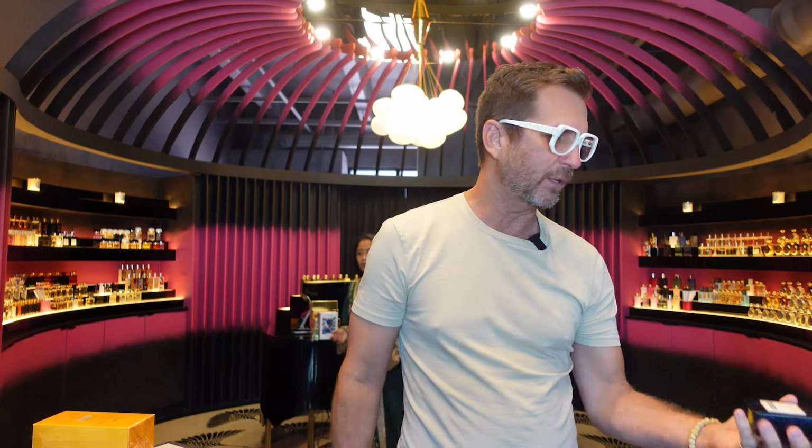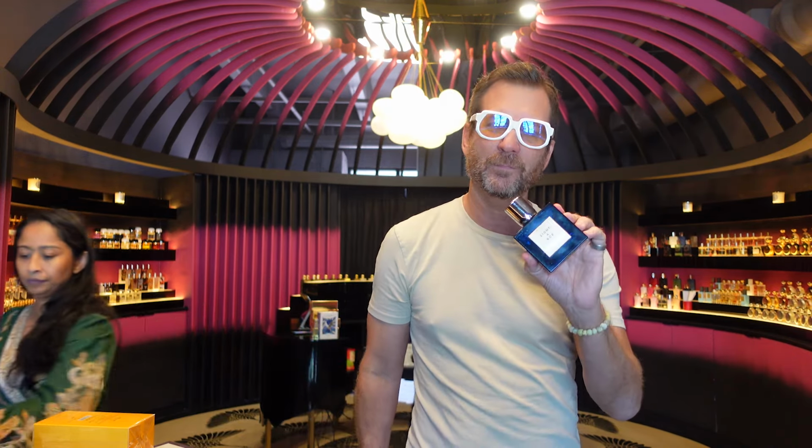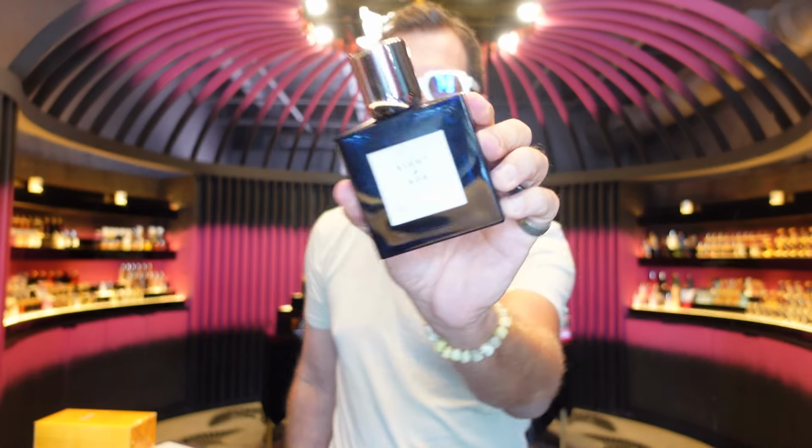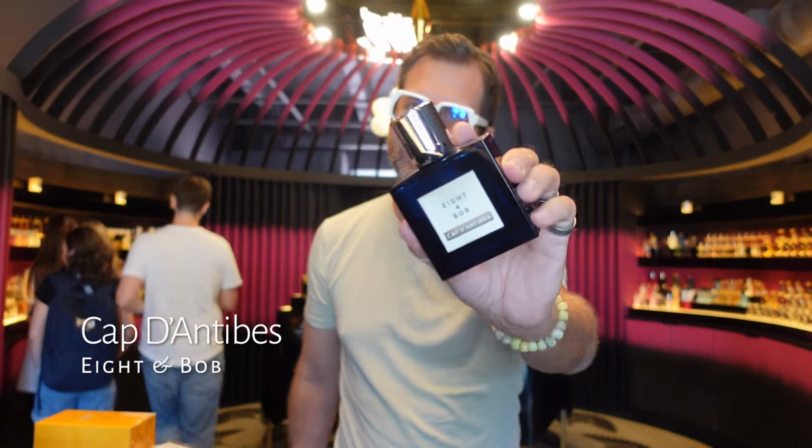The first one I'm going to talk about is from a house that everyone knows for the original fragrance, and that is 8 and Bob. 8 and Bob, the original classic, which is a very good summer fragrance. It's also lighter, almost what I consider an entry-level niche fragrance. But if you want to step it up and go for something that really reminds me of being in the Mediterranean, the Italian coast, or somewhere in another world away on vacation, this is Cap d'Antibes,